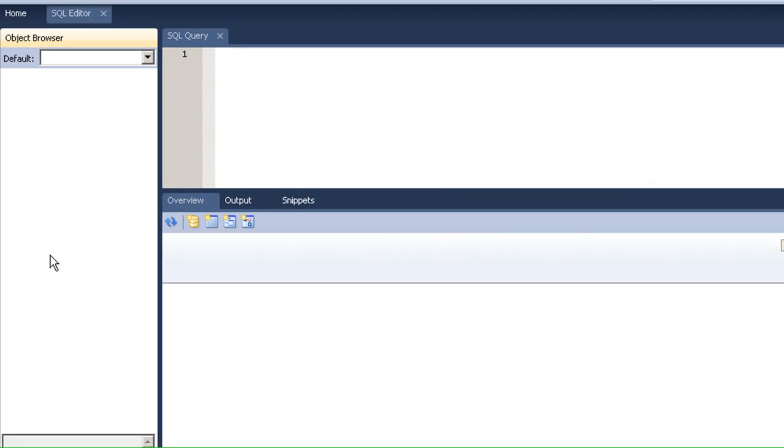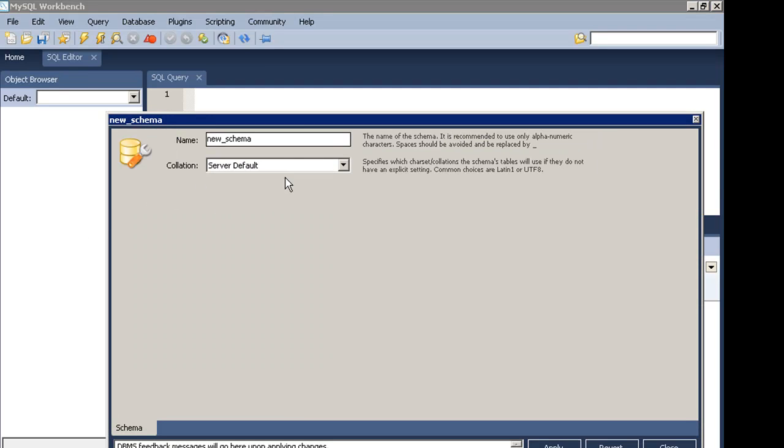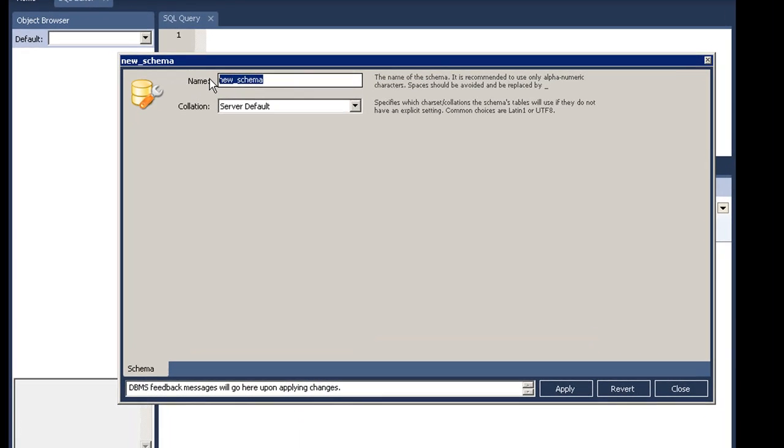Okay, so now we don't have a schema, and this must have a schema. So we will create this schema. If you don't know, a schema is a group of tables. So it is like a workspace, I think.